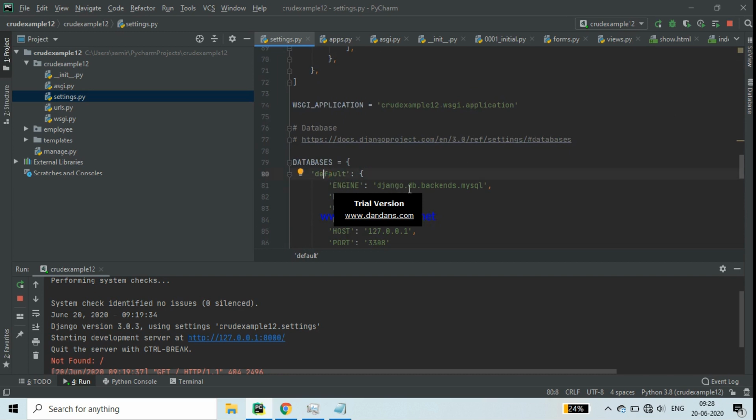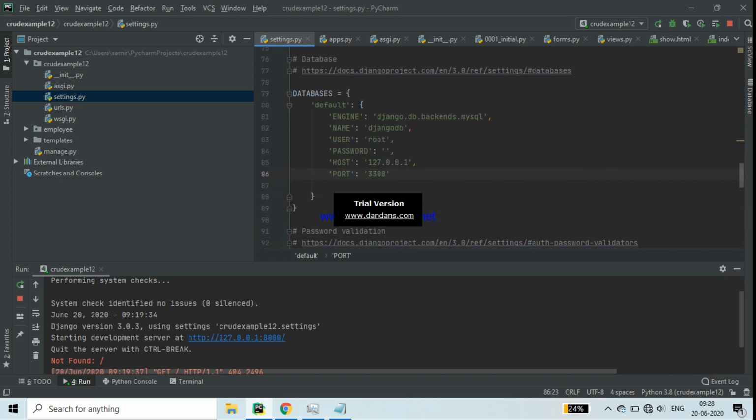In default engine you have to write django.db.backends.mysql, then the name of the database, then username, then password, which is blank in my case. Then host is localhost, so you can write either localhost here or you can write the IP. Then port: generally port is 3306, but in my case it is 3308.